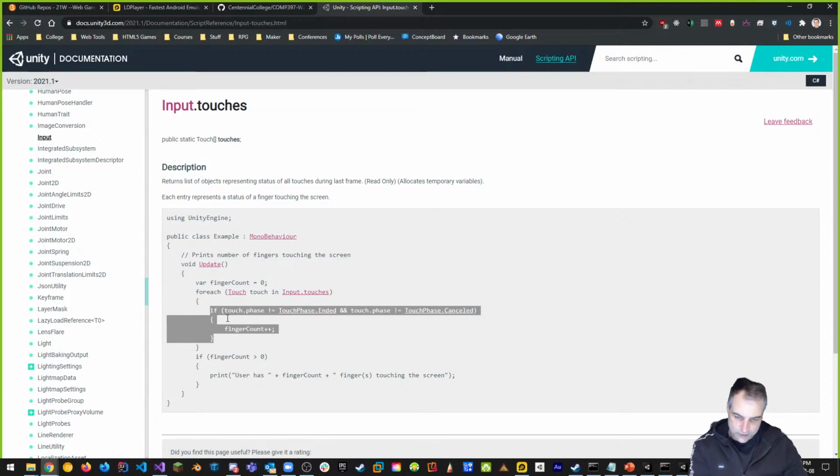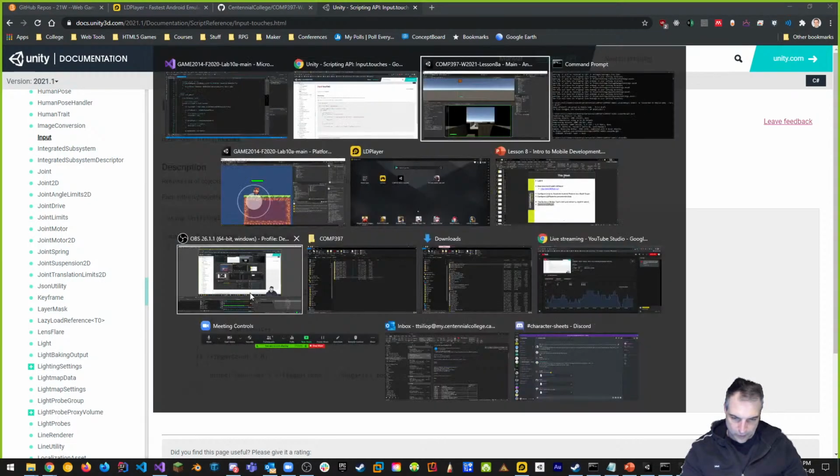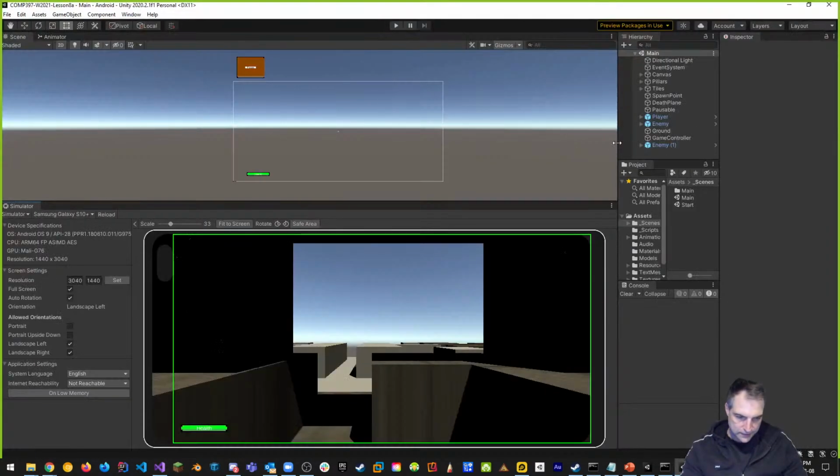I can do multi-touch depending on how many fingers I've touched. It'll actually detect how many touches there are, right? For each touch, I can have multiple fingers touching the screen at the same time. So let's try this out and see what happens if I touch the screen, and let's get some information about my touches. So I'm going to go back to here, and inside of my